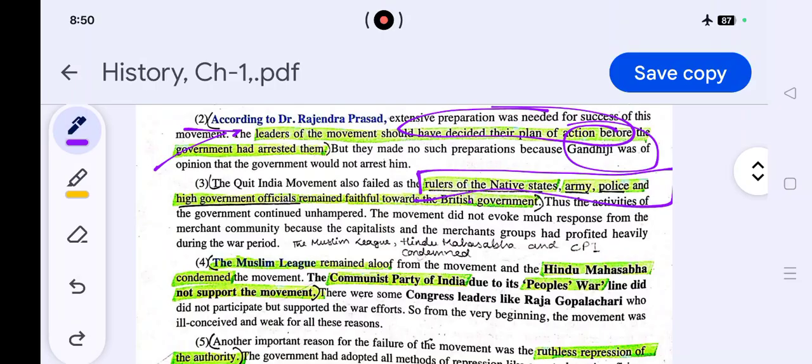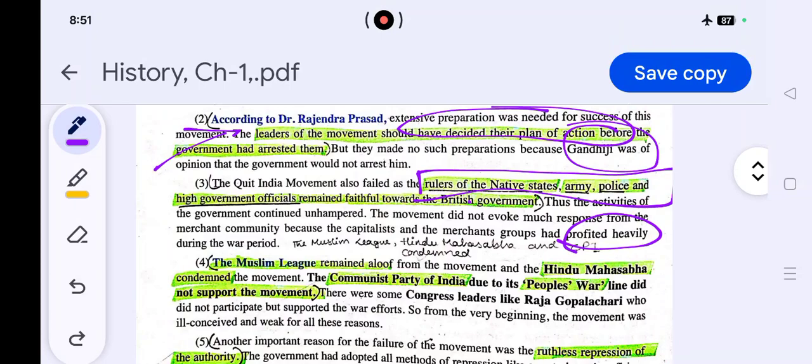The movement did not evoke much response from the merchant community because the capitalists and the merchant groups had profited heavily during the war period. How did the merchants and the capitalists earn lots of profit during this time? During that war period, certain merchants would have godowns and keep the ration, that is rice, lentils, oil, so they would have big godowns to store that. And during the war period, when there was a shortage of food, they would release what they had in stock